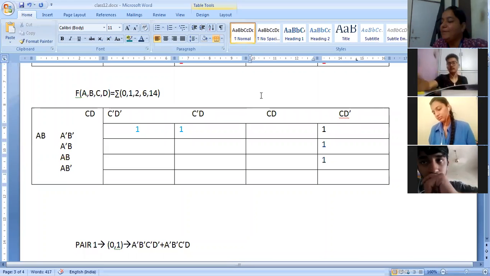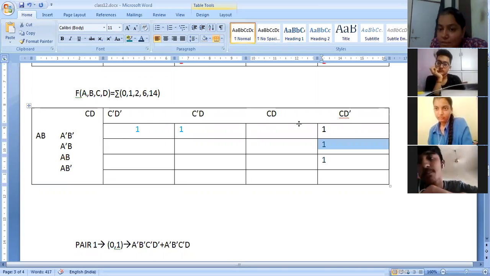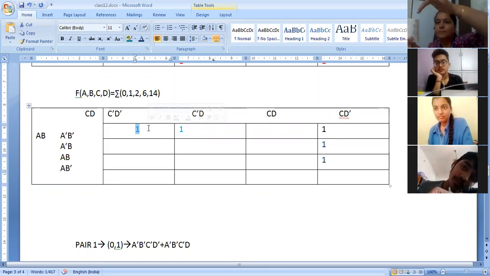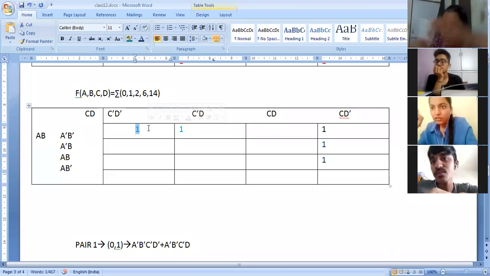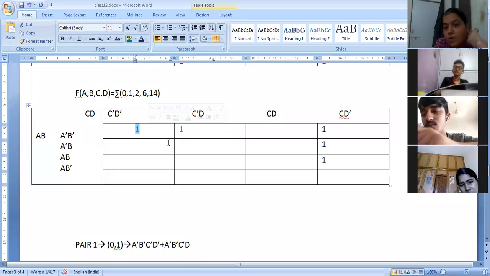Here you need a repetition. You will have to take either this one or this one. How? You can make these two a pair and then simplify. The other way is this one and this one. Now how is this possible? Because of this. So here, rolling over. In these kinds of conditions, you can go either vertically or horizontally and make a